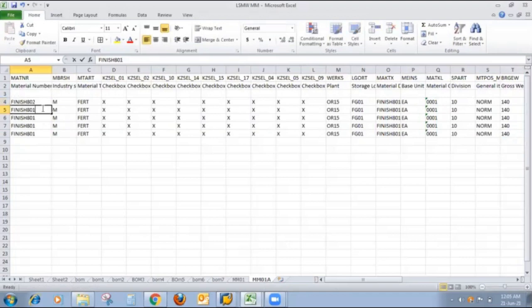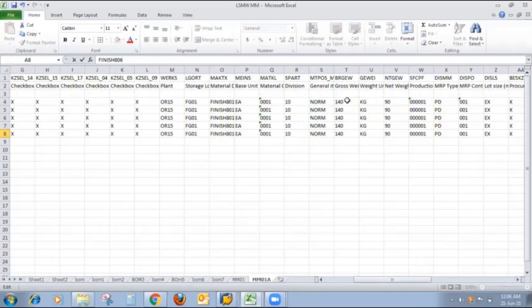My second material is now 803, 804, 805, and last is 806. So I maintain some changes related to gross weight and net weight. My first material gross weight is 100, 200, 300, 400, and last is 500.